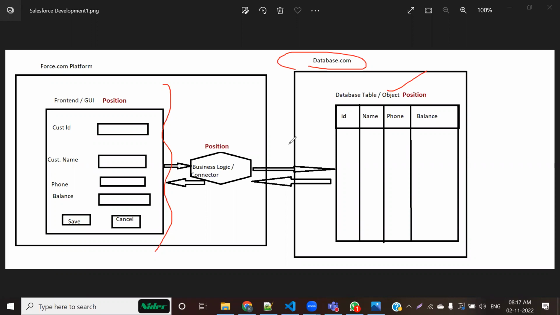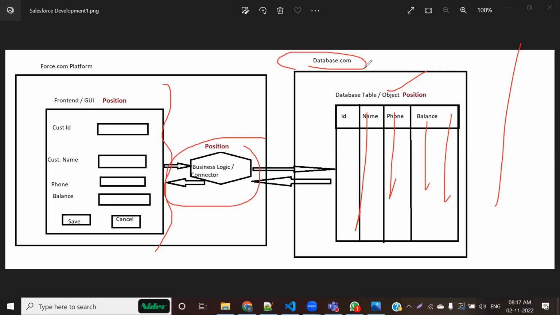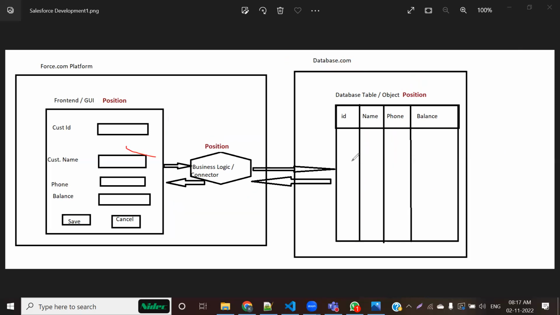So when you create an object, along with that object, your table in the backend is also created. That table would also have 5 columns. And one business logic class. What is the role of this business logic class? To make an association between your front end and the backend. This has already been created. तो ये सारा part automatically चलता है।